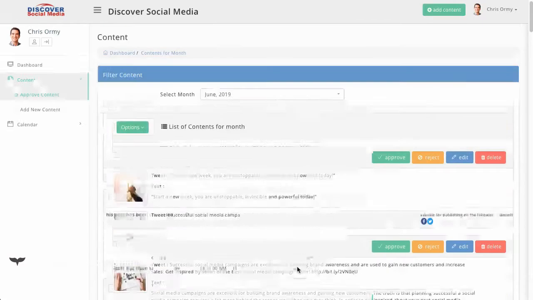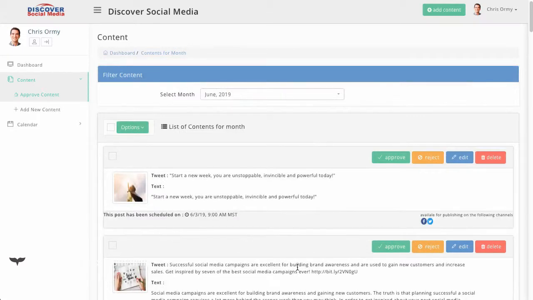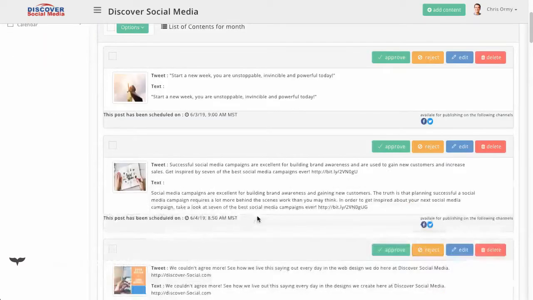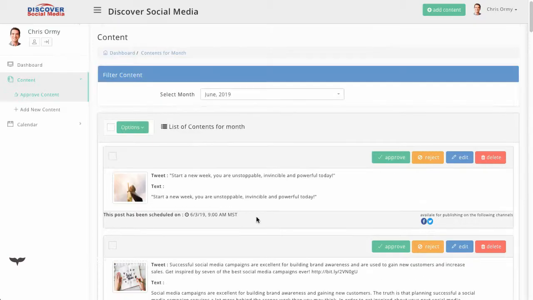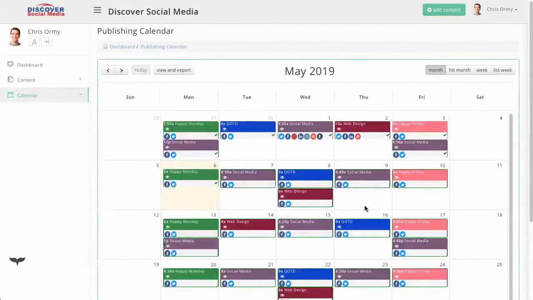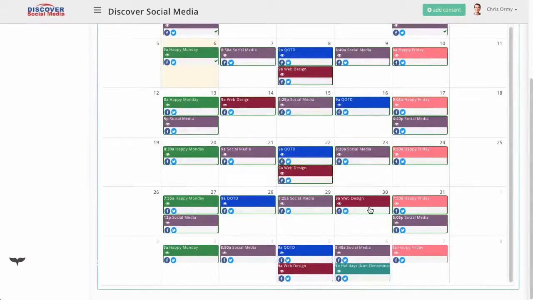Now here's how it works. If they never come in here and they ignore the emails, things like that, on the very first day of the month, before they post at 9 o'clock in the morning, it's usually like 2 o'clock in the morning on the first day of the month, if this has not been approved, we automatically approve it. And so that we can kind of keep moving forward. And so that happens and it gets put on their calendar that looks just like this. So they can see the calendar just like we see the calendar on our admin side.